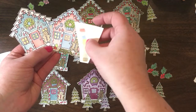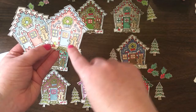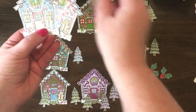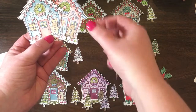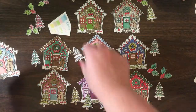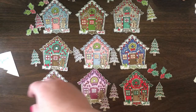This is also the Granny Apple Green, Daffodil Delight, and then again with the Crumb Cake. But this time you can see the difference. I really did more of the darker Crumb Cake, and this is the lighter with the Gingerbread Man. So just those little subtle pops and differences can make a difference when you're doing your coloring. This one is,